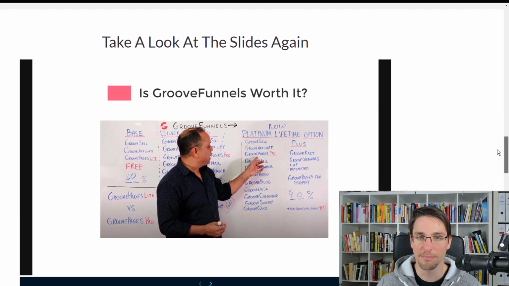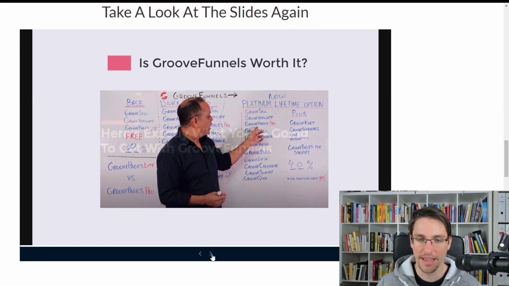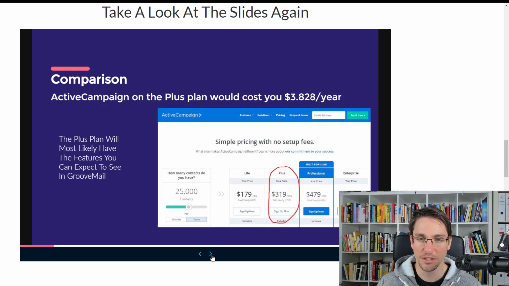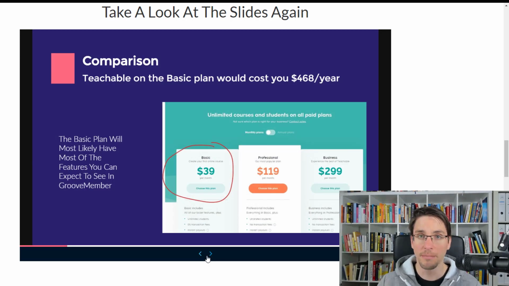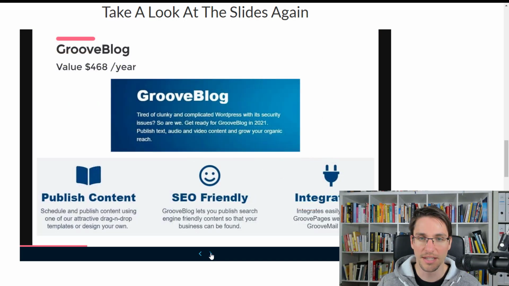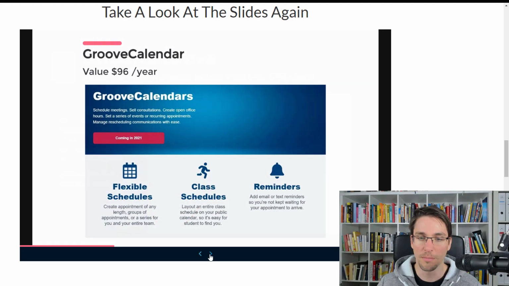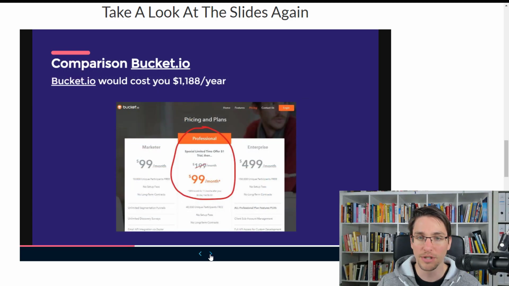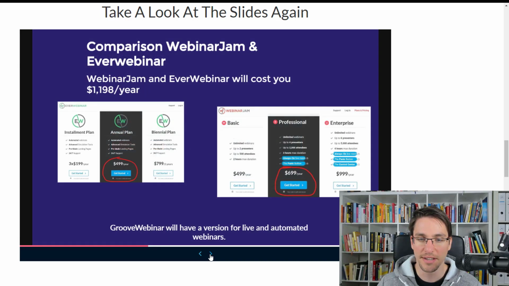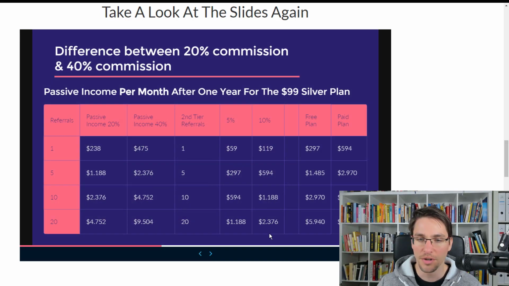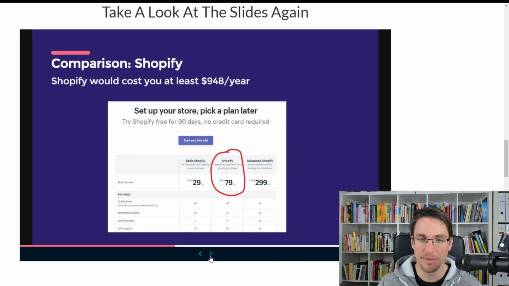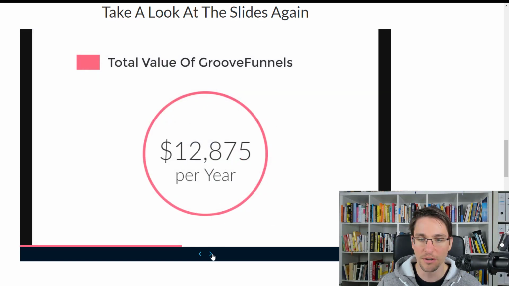And then here I embedded the slides so people can scroll through them to see what they're actually getting, which makes it much easier for them to explain the value of GrooveFunnels themselves to their customers that they talk to in Facebook Messenger or per email or wherever they present this to an audience. And I think this is really valuable to have on their sites and to explain the true value of $12,000